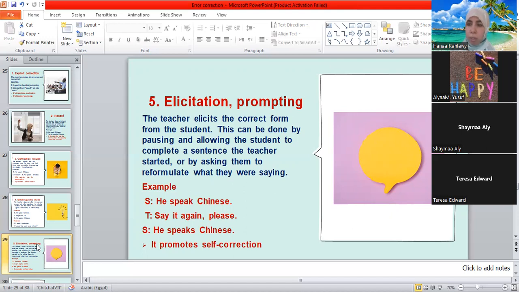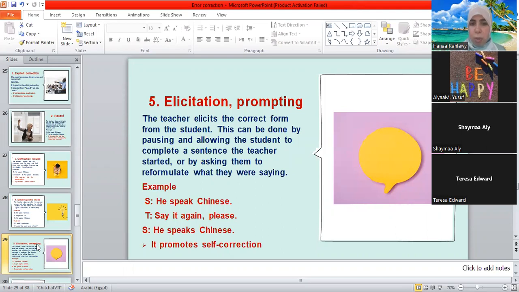He will say it again in a correct form. Or I can make a pause. As I said, I have... seen or met, I have met my friend. I have. So here I pause and encourage him to correct himself. So he will say, I have met my friend. So here I can ask him to say it again, and he will think he's supposed to have made a mistake. I either say it correctly, or I pause. And for me, I prefer pausing.